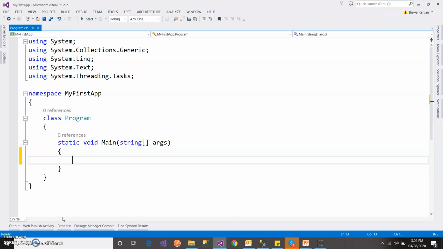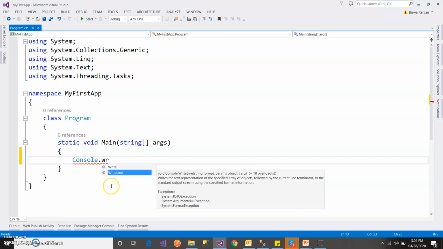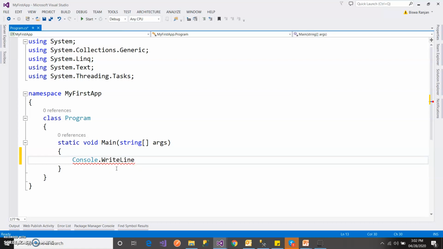So just like those, here also there is a separate keyword called Console.WriteLine. There are two things you can see here, Write and WriteLine. Write means it will write on the same line, just like print in Java, and WriteLine means it will add one more line. So I will use WriteLine here in the brackets: hello world.